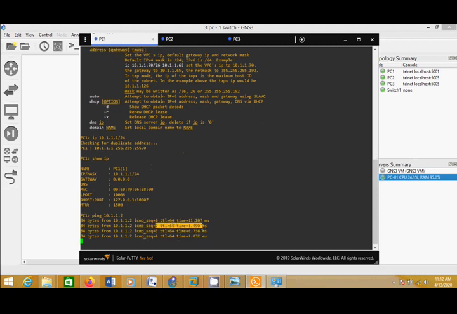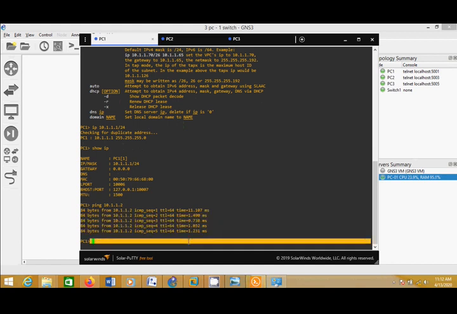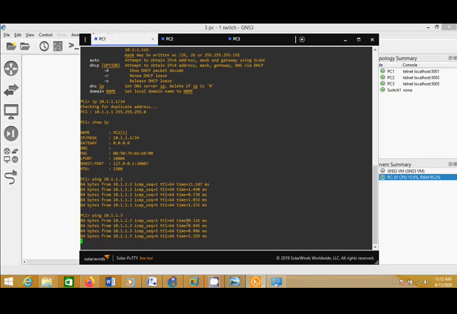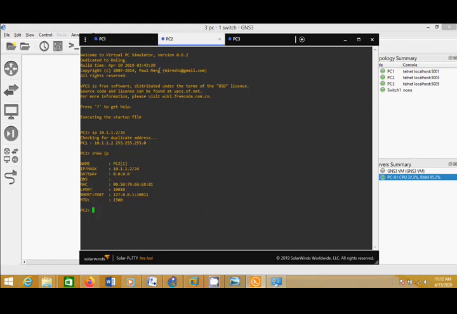This is connected, it means that this is connected. Then what if we ping PC3? Connected too. Okay, then from PC2 to PC1, ping 10.1.1.1.